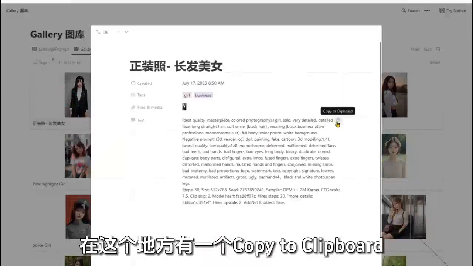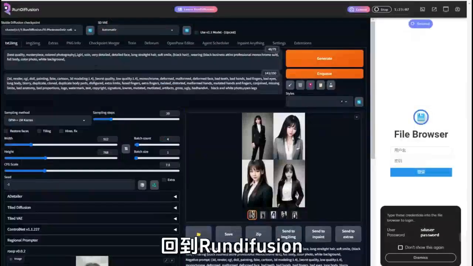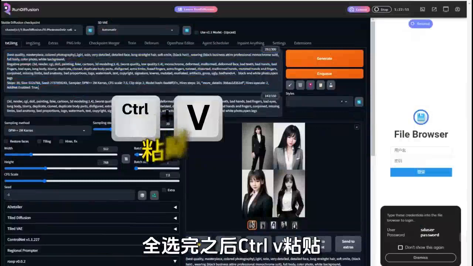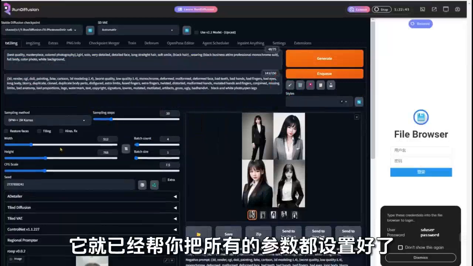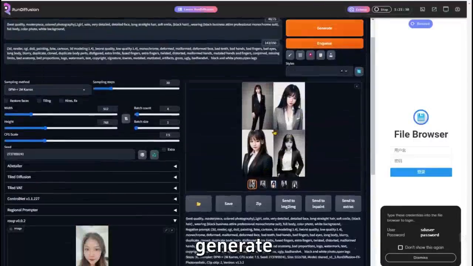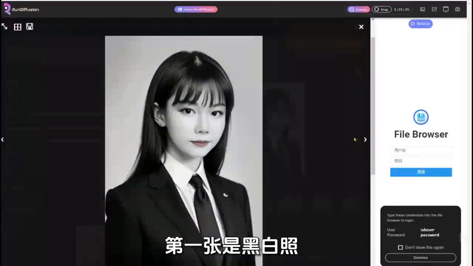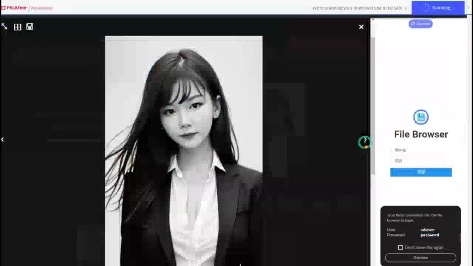there is a copy to clipboard in this place. Click on it directly, go back to Run Diffusion, put the prompt in the first place, paste with Ctrl+V after selecting all, and then click this down arrow. It has already helped you set all the parameters. Then put a selfie on Roop's side, enable, generate, and it's done. Let's take a look at the pictures. The first one is a black and white photo. But I think the second one is already very good, and then the next one